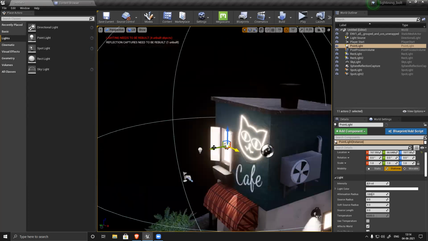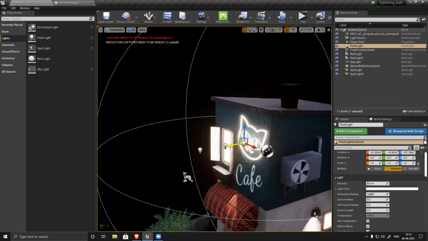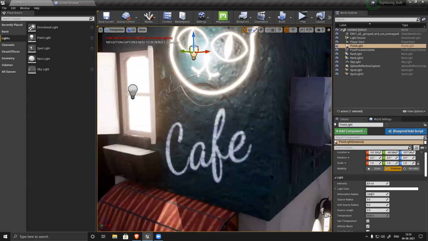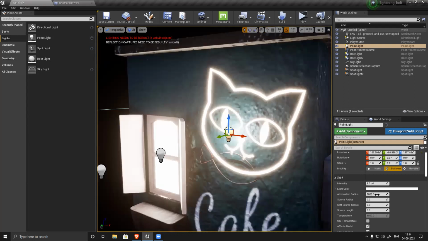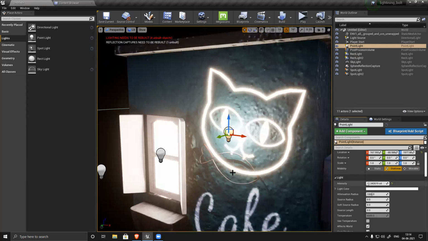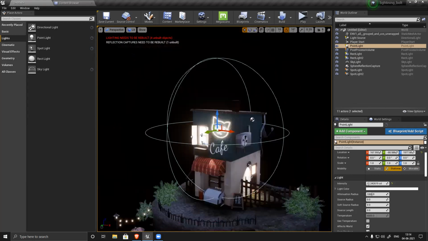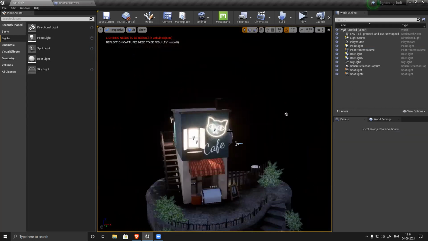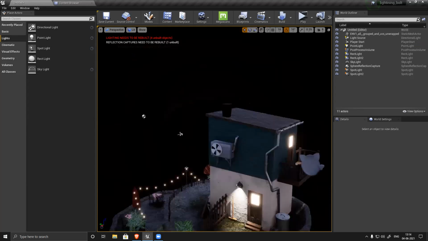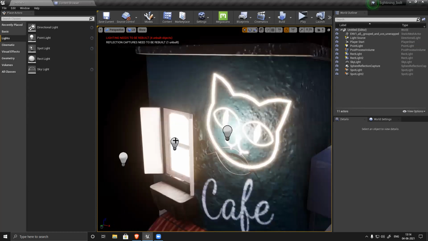Keep it a little closer because this is glowing, so obviously the shadow will distort, right? That's how it naturally works. If you want to increase or decrease intensity, you can definitely do it. So now you can see it's glowing, plus now you have the lighting effect also.